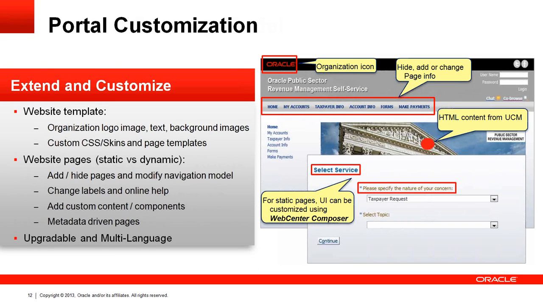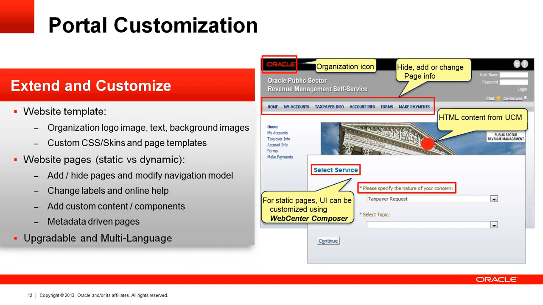There are a lot of pages that are dynamically built, so they are based on metadata, so that obviously allows you to display them according to your requirements. Static pages that include things like displaying details or many admin screens can be customized as well. You can customize the header, the title on the pages. You can customize labels, and you can customize specific help that is provided with the product, and you can add more components. For example, on your home page, the middle section of the page,